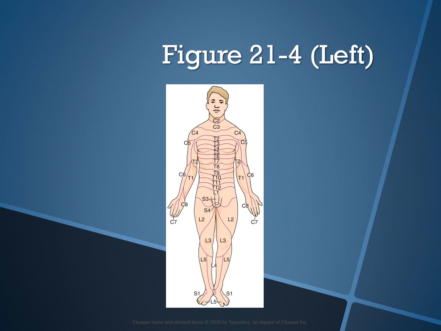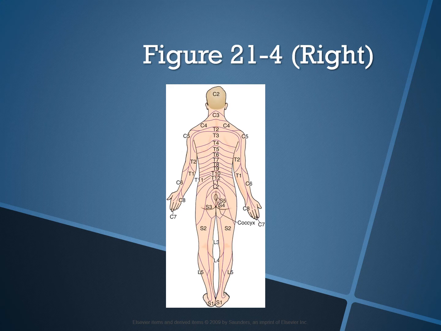Now remember, what I want you to focus on is the 12 cranial nerves, and that's going to be important for you to know for the PNS, okay, because as they branch off the spinal cord. The 31 dermatomes are going to be important when it comes to your RN year and assessing patients when they come out of surgery post-operatively. Now, if you look on table 21-2 on page, it looks like 475, there is the list of your 12